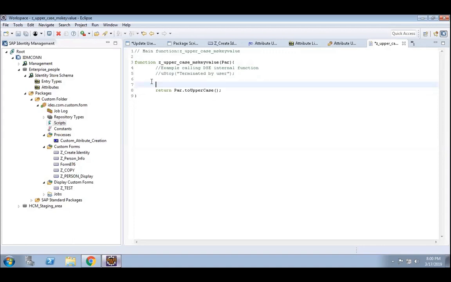Whatever value the MS key value is passing, par dot uppercase will return it. I am just uppercasing the values being passed over here. I am not taking from any table, not doing any transformations, nothing, right?